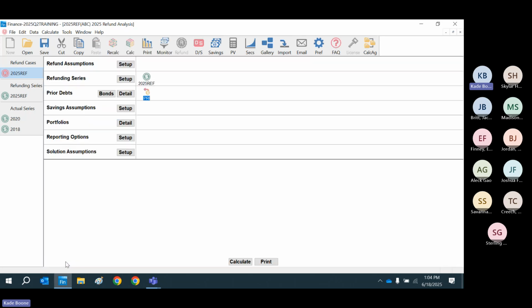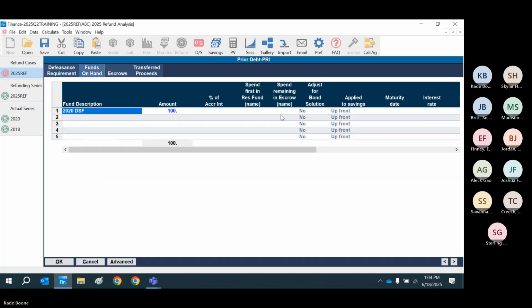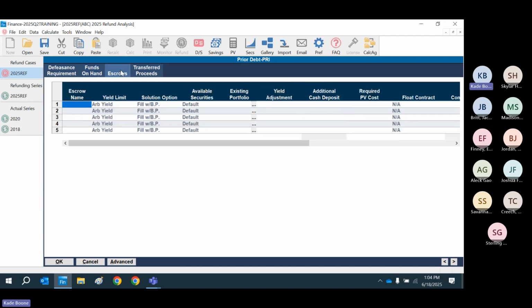Well, by default, anything changed in here, like if you said NA or you put in a specified percent, as soon as you go in here and make any change, like you just give it an escrow name, that will disable that global proceeds escrow, and it will run off whatever you change in here or add in here. So 2020 DSF,